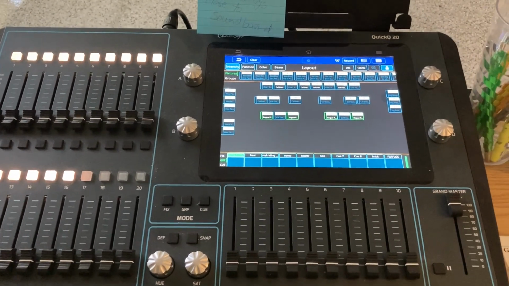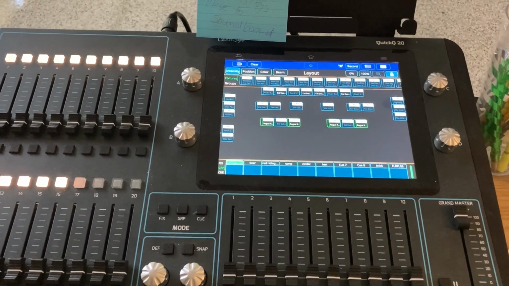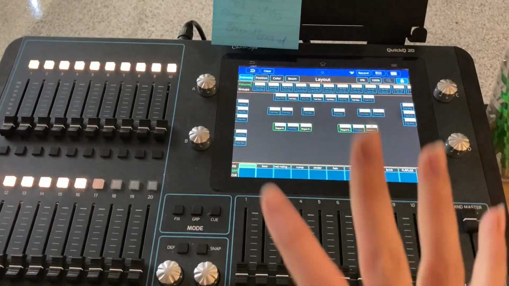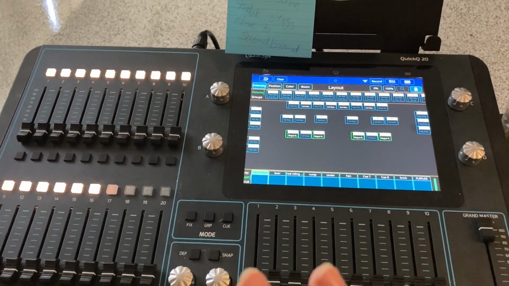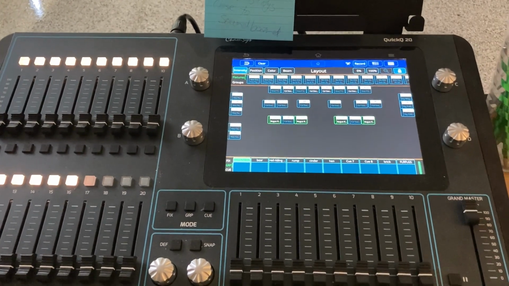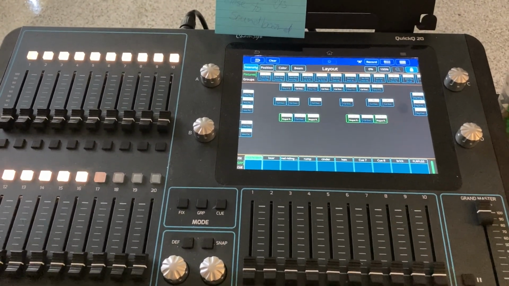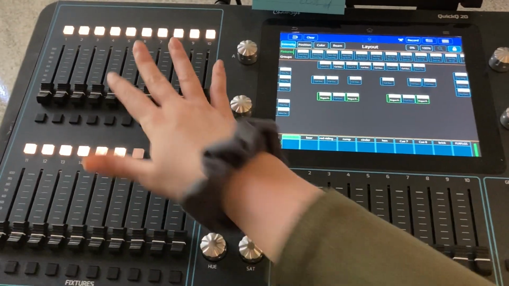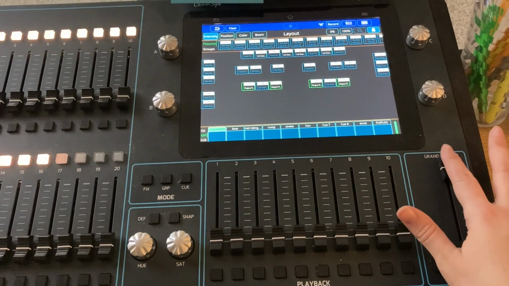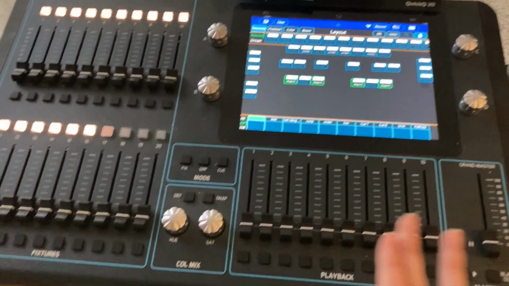All right, and that was just a quick tutorial on how to use the board. Now we're gonna go over how to turn everything off. So in an ideal situation, everybody from the event has left and you're ready to turn everything off. You're the only one left in the room, so you can just turn all the lights off. So the first thing you're gonna want to do is make sure all of these faders are down, and then finally make sure the Grand Master is all the way down.